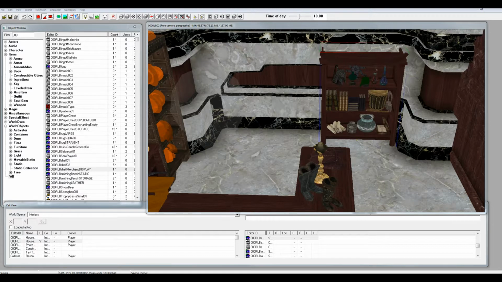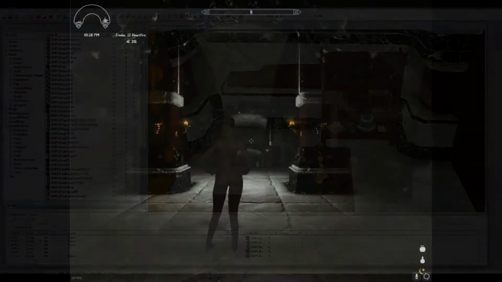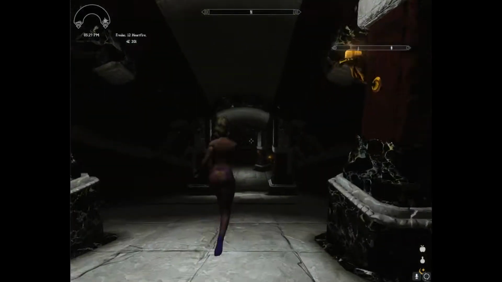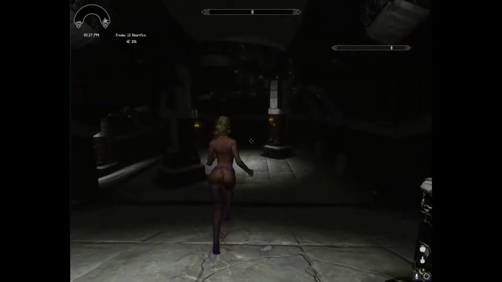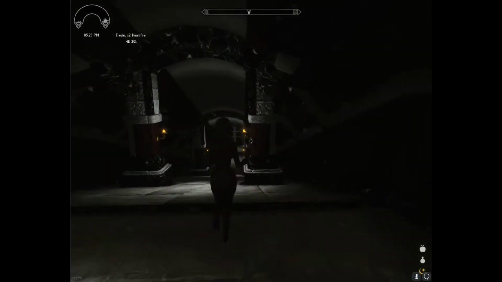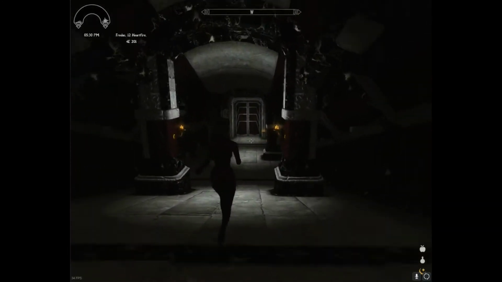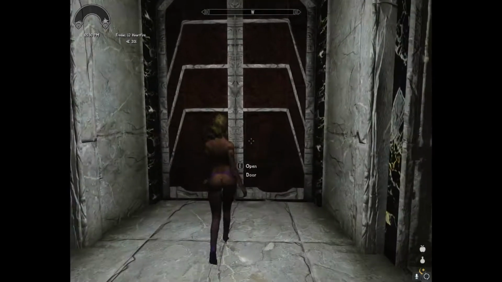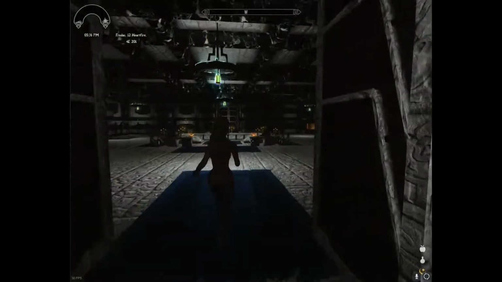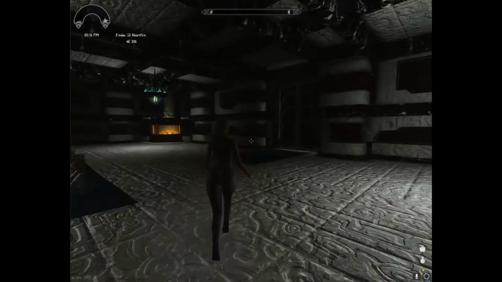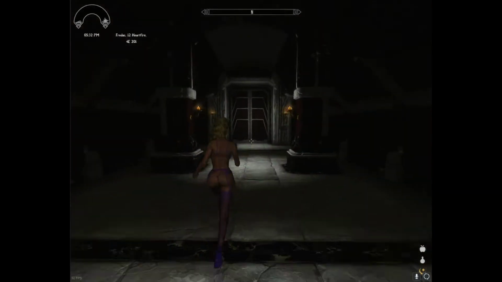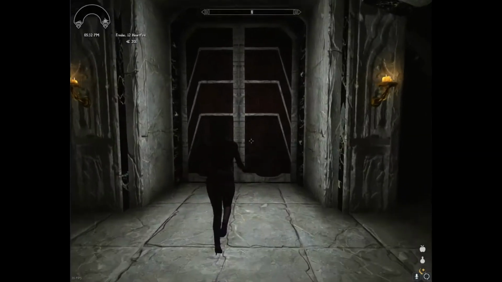Now I will see you in game as I'm going to show you that it works. Okay, here we are in my mod. Let's go ahead and run on down. You guys get a little preview of what I'm working on. I haven't got nothing done in the hallways. The only thing I've actually done is I've worked on the main hall and I've worked on the crafting room. So we'll go into here and we'll go into the crafting room